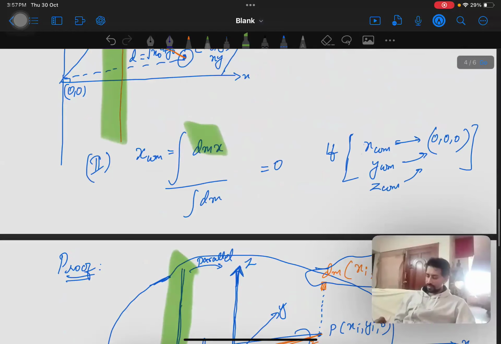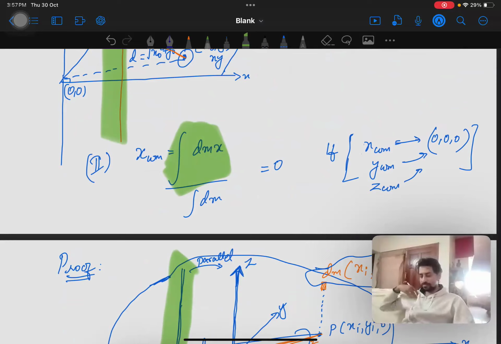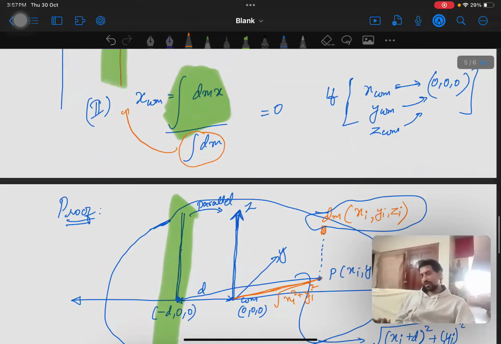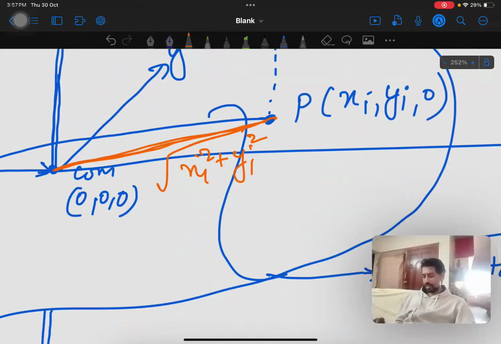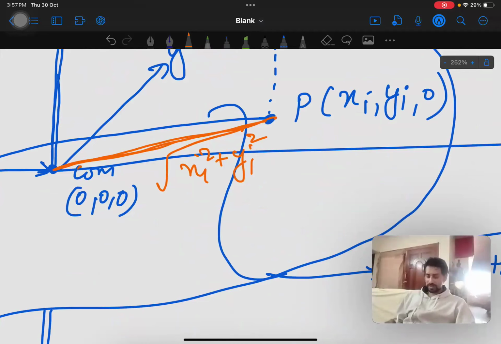Is it not this quantity over here, the integral of dm xi? And xi is the variable quantity over here. I is the ith particle, I1, I2, I3, and so on, right? Which means that it would give us x_com multiplied by total mass if you take this term to the right-hand side. But what is the x coordinate of the center of mass for this problem? We have taken the center of mass as the origin itself,